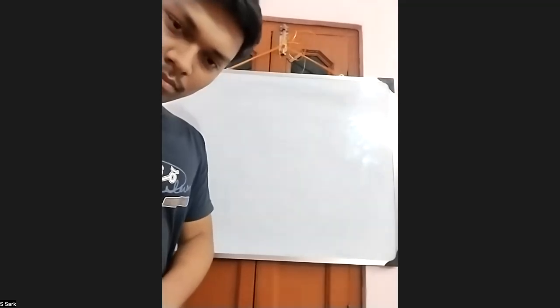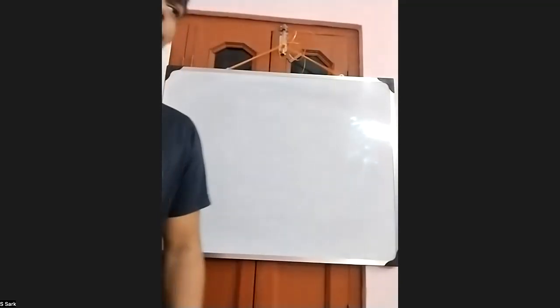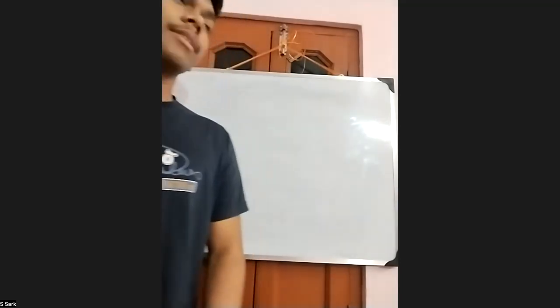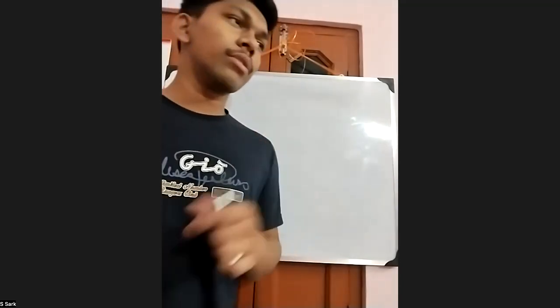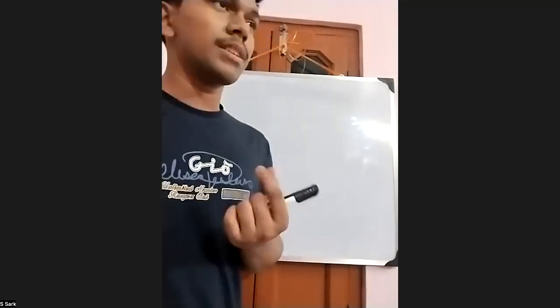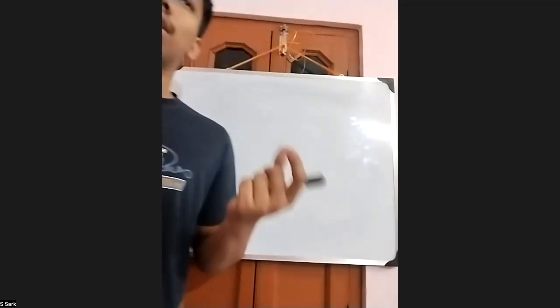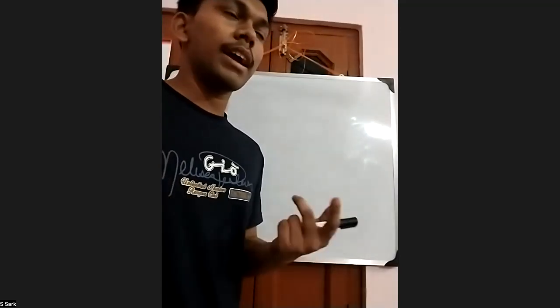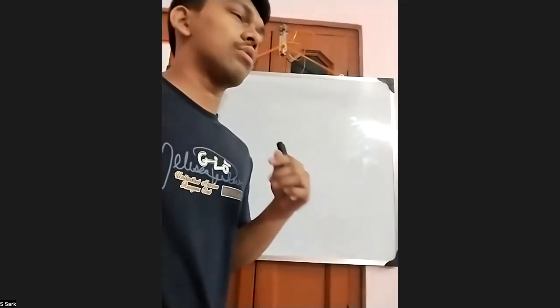Sir, equilibrium means no change with time. So you can take many examples, like a fan. If the fan is rotating with the same speed and doesn't change its speed throughout the time, then we will call it that the fan is in equilibrium. Like our body has a certain temperature and always tries to keep the same throughout our whole life. So that means our body is in an equilibrium condition.